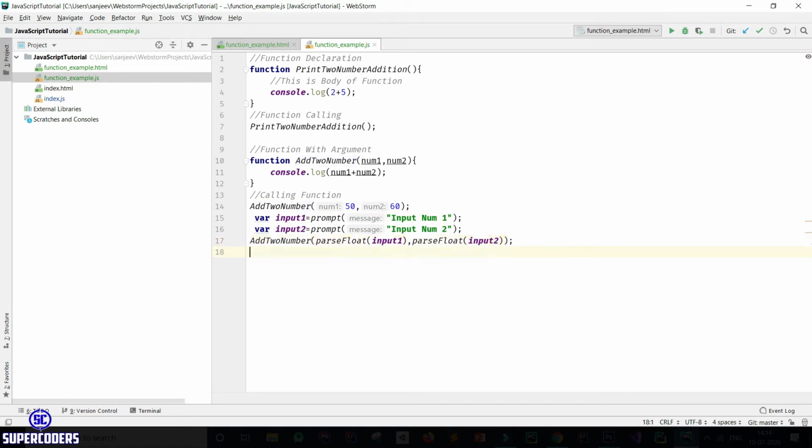Now let's see another example of a function, which is a function with no argument that returns some data. So adding a function with no argument and return.